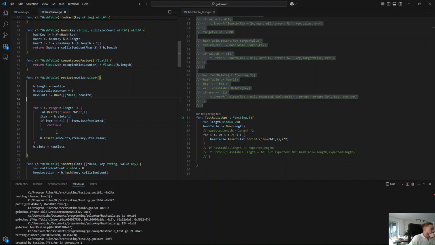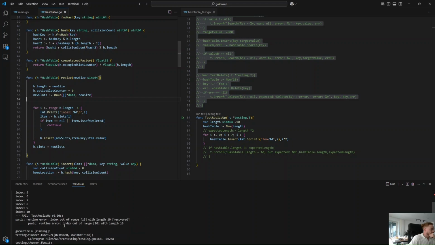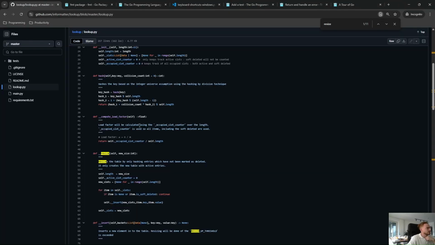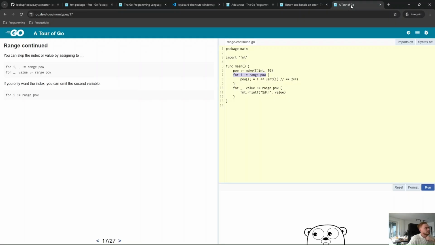This soft deleted. So this will of course fail here. I'm just gonna double check. I'll do it here, resize. In slots. So